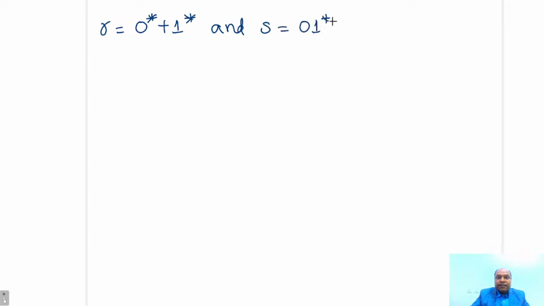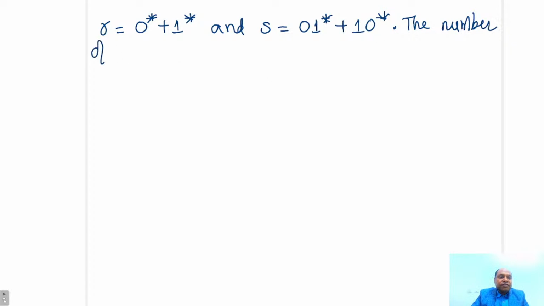Next, we have another question. Let's try to check. So the next question is from theory of computation. So theory of computation says that let's have two regular expressions given as R and S. R is given as 0 star plus 1 star and S is given as (0 1) star plus (1 0) star. The question says number of strings of length,